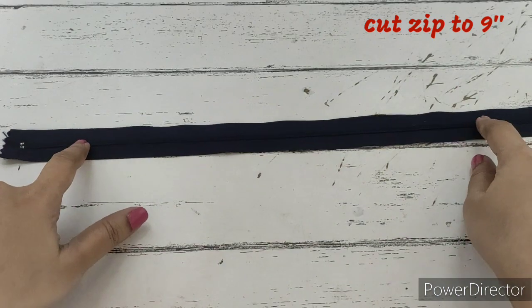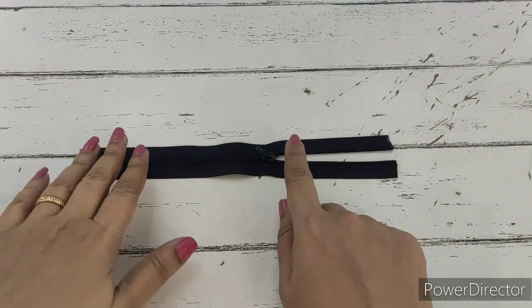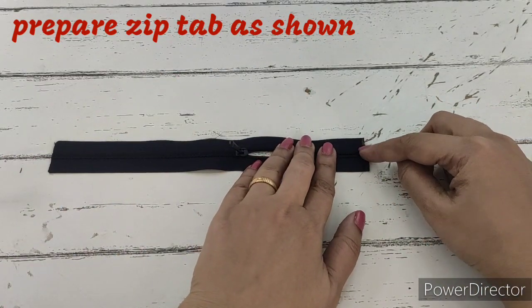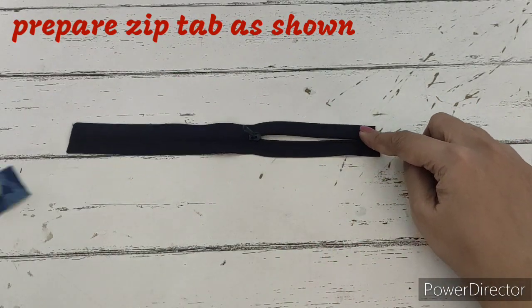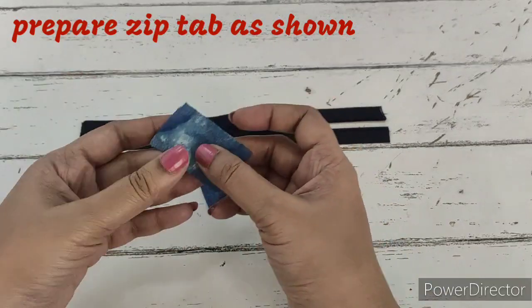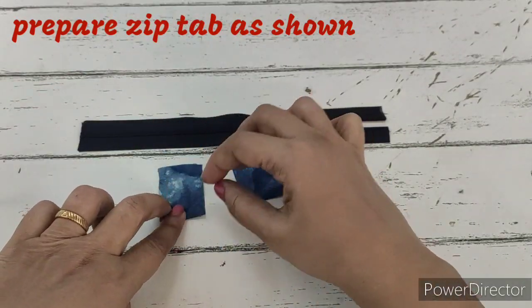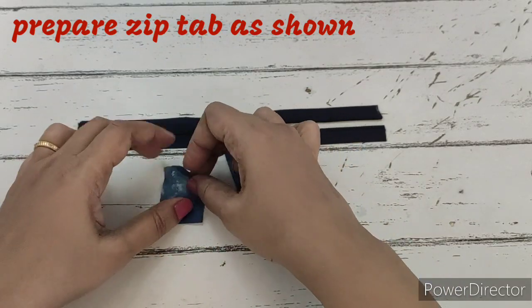So first we'll cut the zip. So we've cut the zip to 9 inches. Now we'll prepare the zip tab. We can make a stitch over here, that's completely optional. So first what we're going to do is we'll prepare the zip tab. For that we'll fold it around 1/4 inch like this, both sides,